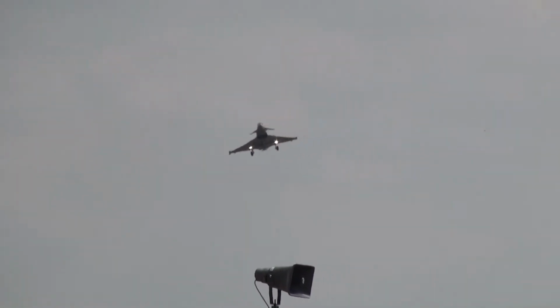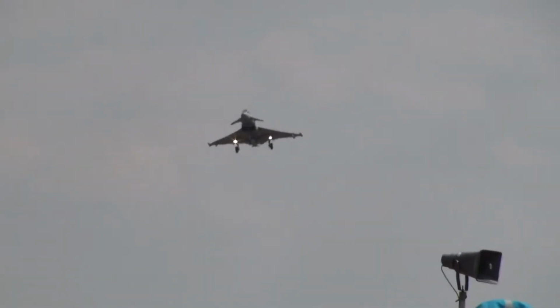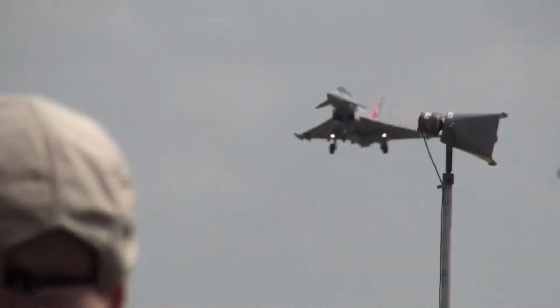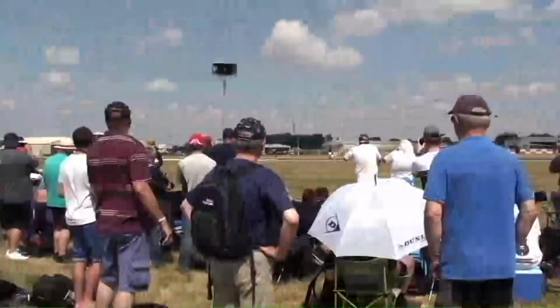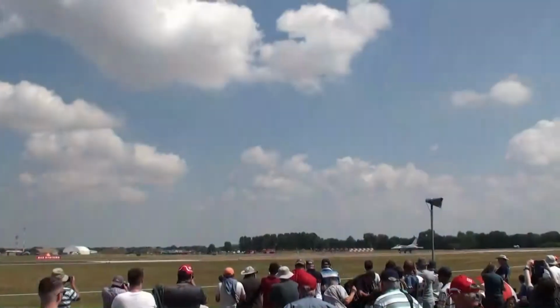Of course, there are more Typhoons in the static display as part of the RAF 100 static area. Was involved in the Royal Review yesterday, along with examples of pretty much every other Royal Air Force active service type currently in mission. It'll be a really rare opportunity to see aircraft like the RC-135W Rivet Joint, the Sentinel R1 and so